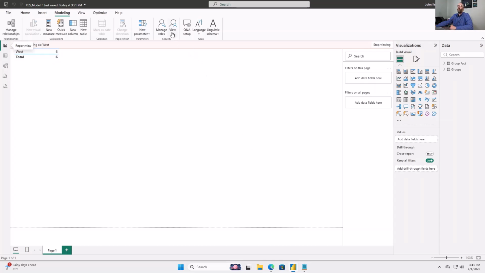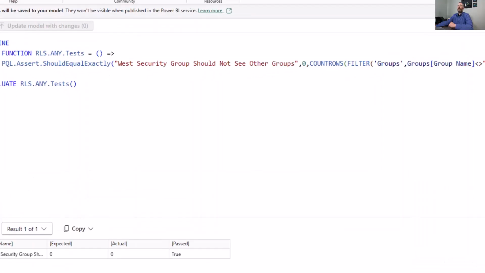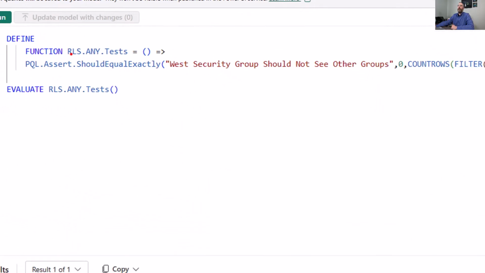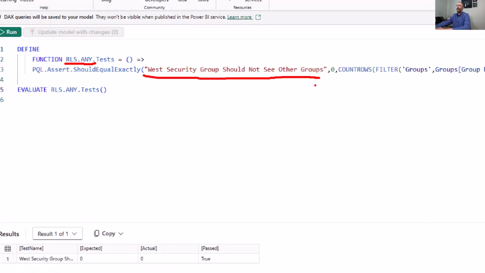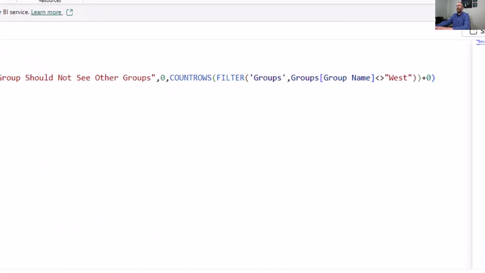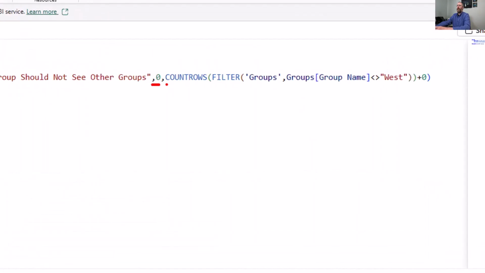Now, what we have been doing now that we have the ability to do user-defined functions is I've built a function that looks like this. So I've called it RLS. I want it to run in any environment. And specifically, I want to make sure that if you're part of the West security group, you can't see other groups. And I've got it where the expectation is 0 if I'm counting the rows for all the groups that aren't equal to West. So if I'm in the West group, and I filter on this and I'm looking for any of the groups that don't equal West,